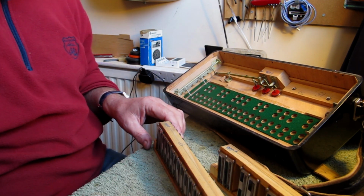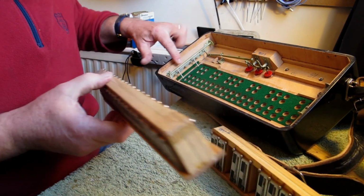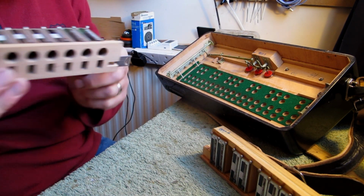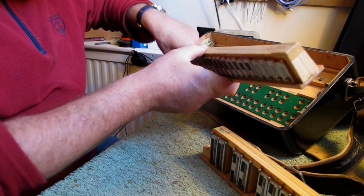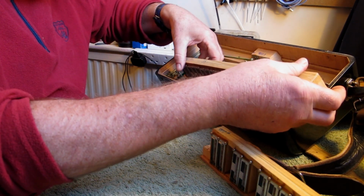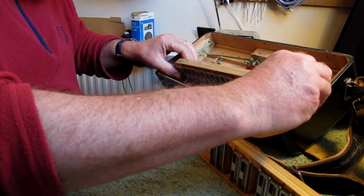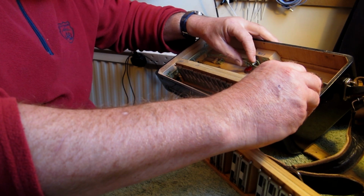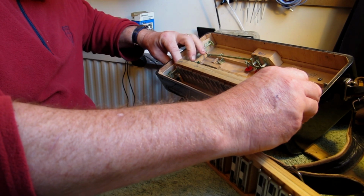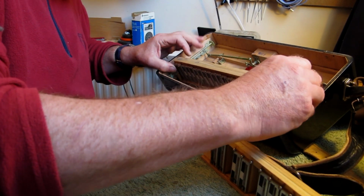So the next step is to reattach the slide to the mechanism. You've got a little rod and there's a little hole. What you've got to do is engage that. You've got to pull it up a little bit, engage that into the hole, which is a little bit tricky. So you have to just move the... There you go. So make sure that's fully engaged, and then you can